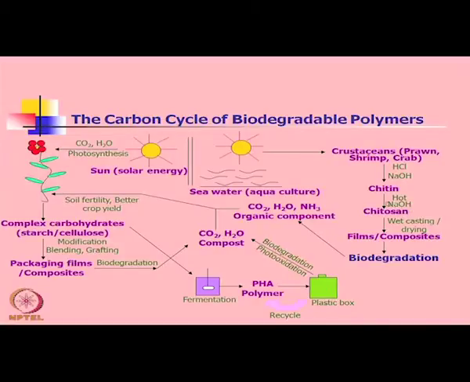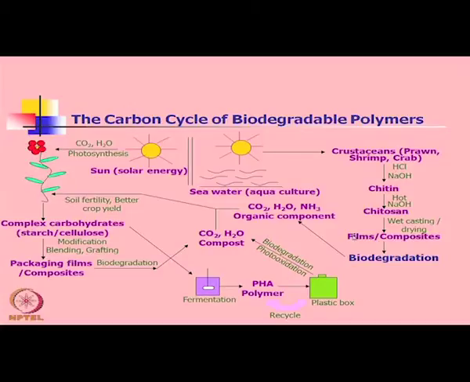Basically, this chitosan is deacetylated form of chitin, and this chitosan can be used as a very good material for making biodegradable films, or we can make composites, we can make sutures, we can make different types of value added products